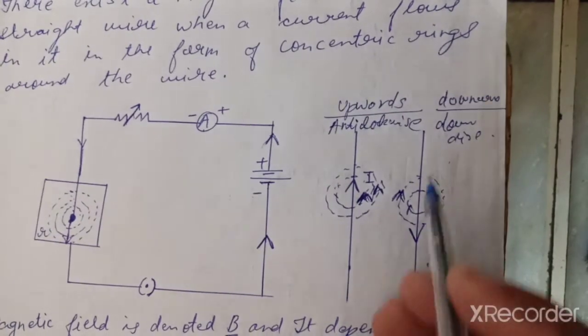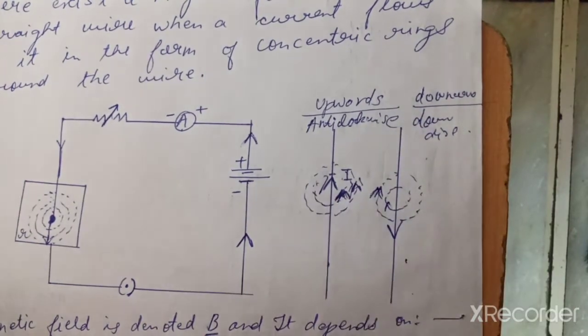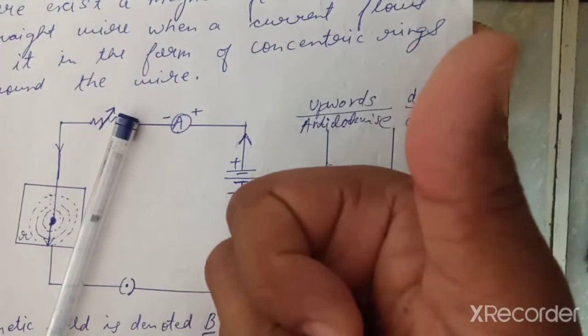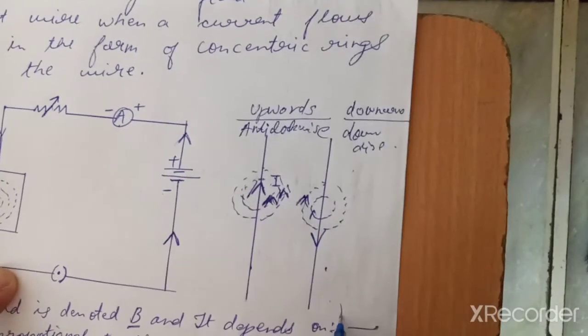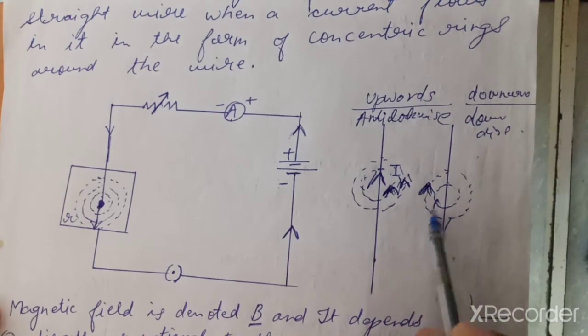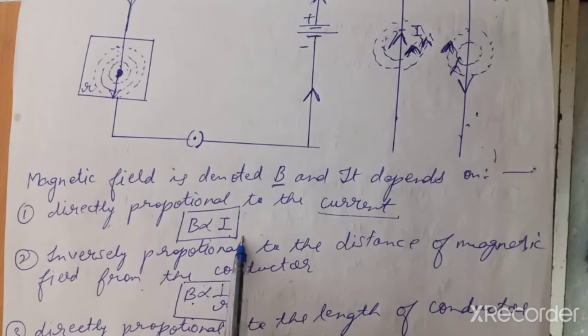And you should know this: when the direction of current is in the upward direction, we apply the right hand thumb rule. This is the direction of current, the curled fingers go inside, so the magnetic field lines are going inside. Here, the reverse of it, the magnetic field lines go in the downward direction. When it is going in the downward direction, the magnetic field comes from outside, so this will be in this direction. And the magnetic field depends upon this vector, directly proportional to the current.